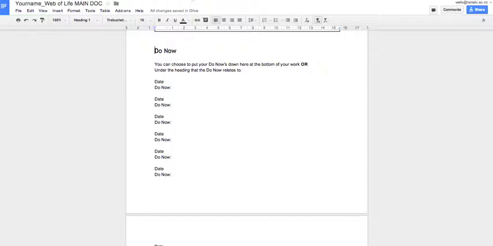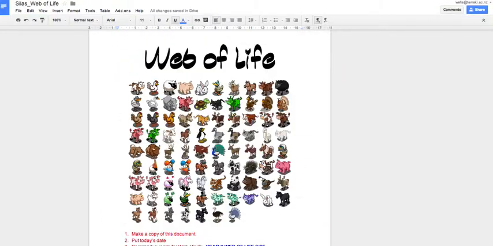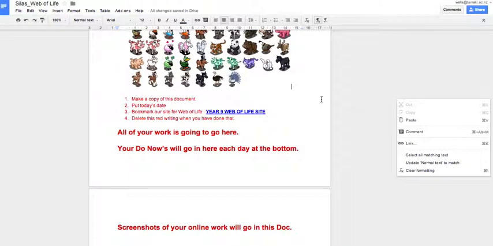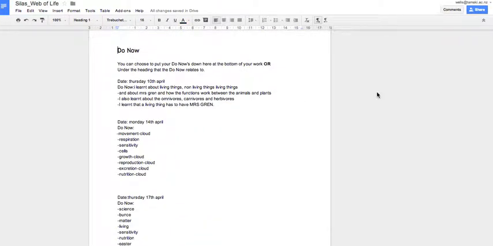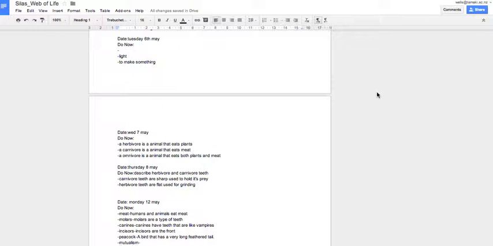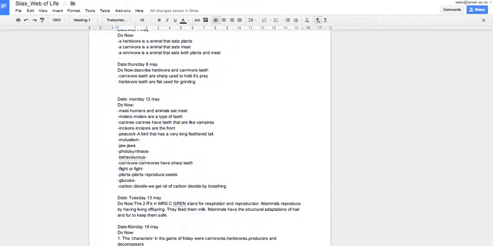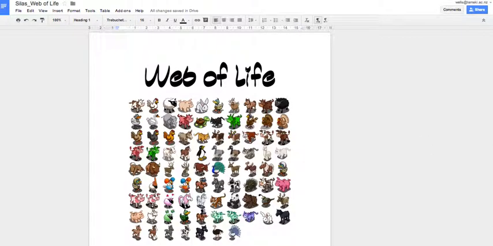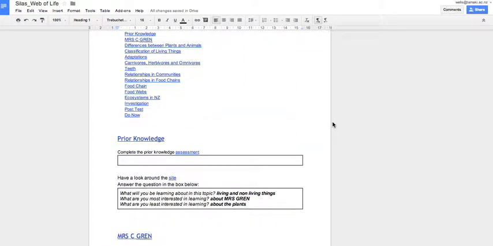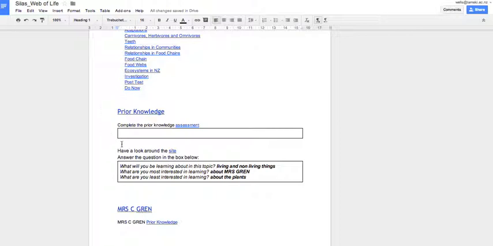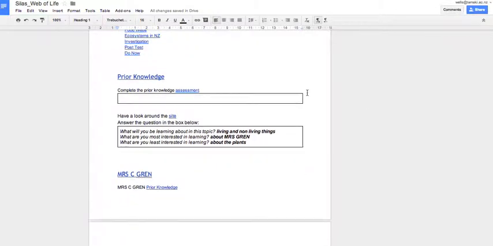And here is an example of a student doing wonderful do nows every day. He must come in and start straight away because he's done a huge amount of work. This is one of my best students. If you scroll down, you'll see that I've set out tasks. Before the kids even started the unit, I had this whole thing planned and I had a rough idea about what we're going to do each day, because I've linked